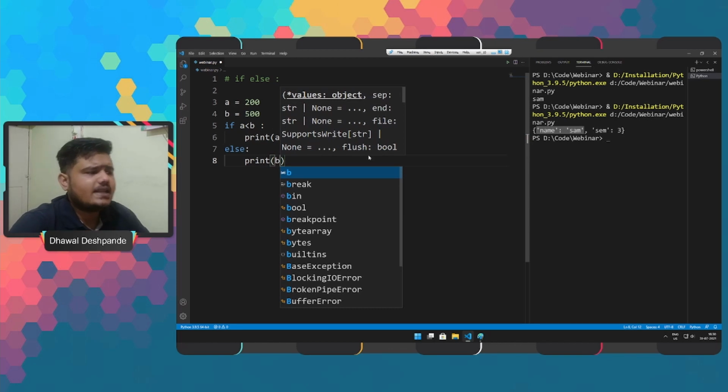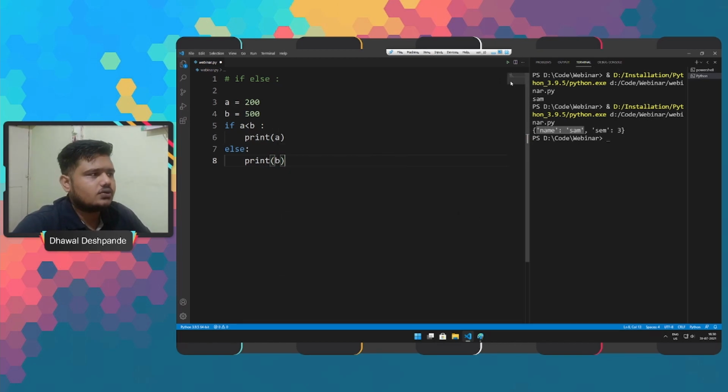So what exactly is happening here? We have two variables and values have been assigned to them. Next we are comparing both the values. If the first condition is true, then only the if code block will run. In this example, the code block is just a print statement which displays the value of variable a.